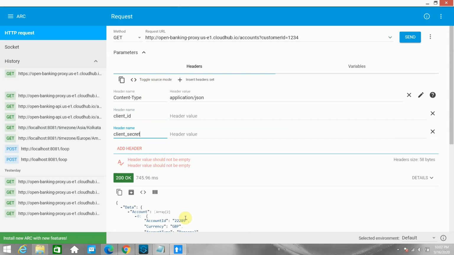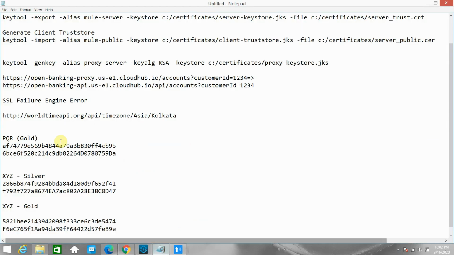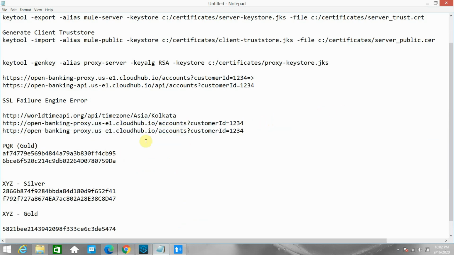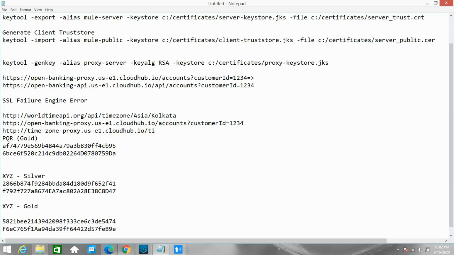I also want one more URL, so copy this URL. I have two URLs, one for time zone. Instead of that, I can say time zone Europe Amsterdam.